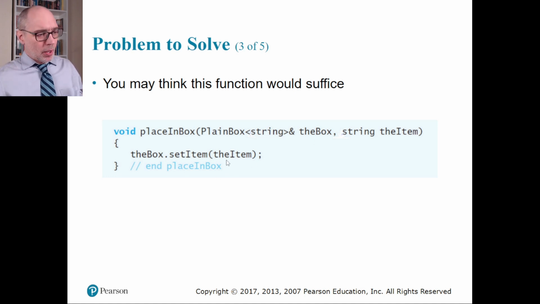Okay, so don't forget that a toy box counts as a kind of plain box. Same thing for magic box. A magic box is a plain box. It's a subset of those kinds of things. So when you call this function, in addition to passing in a plain box, you can also pass in a toy box or a magic box, and the function will accept that perfectly fine. And you're trying to call setItem on it. Now,